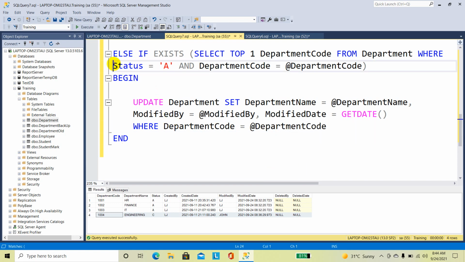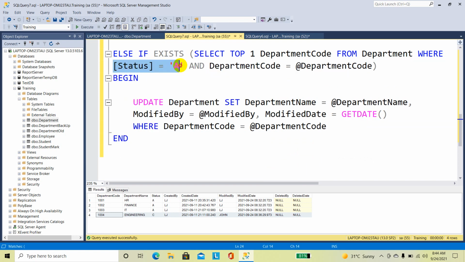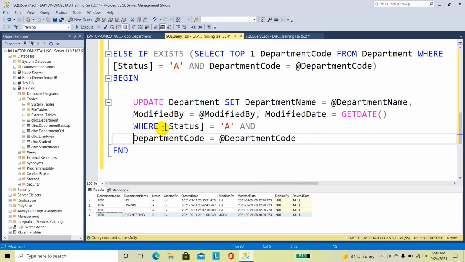Also I am giving the status also, status and department code is equal to department code.